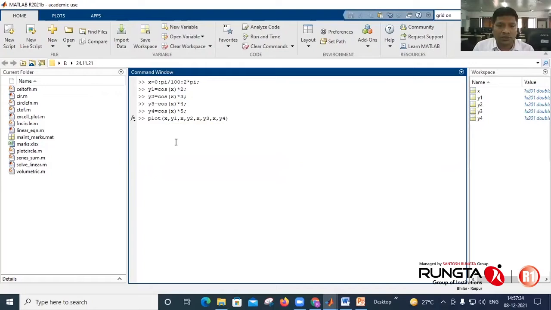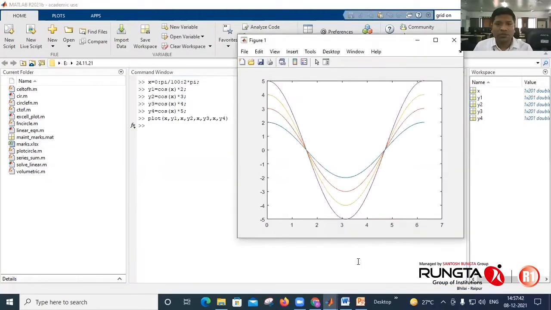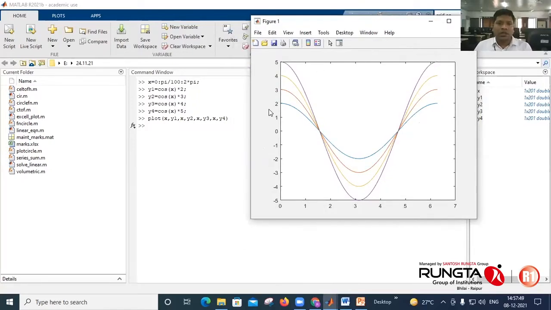Enter. It will plot all the values. Like this is figure 1, x against y1, y2, y3, y4.